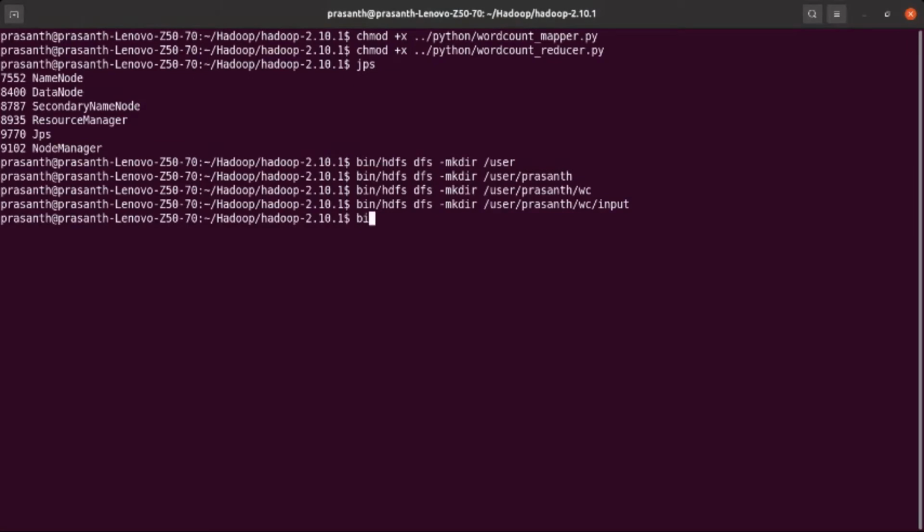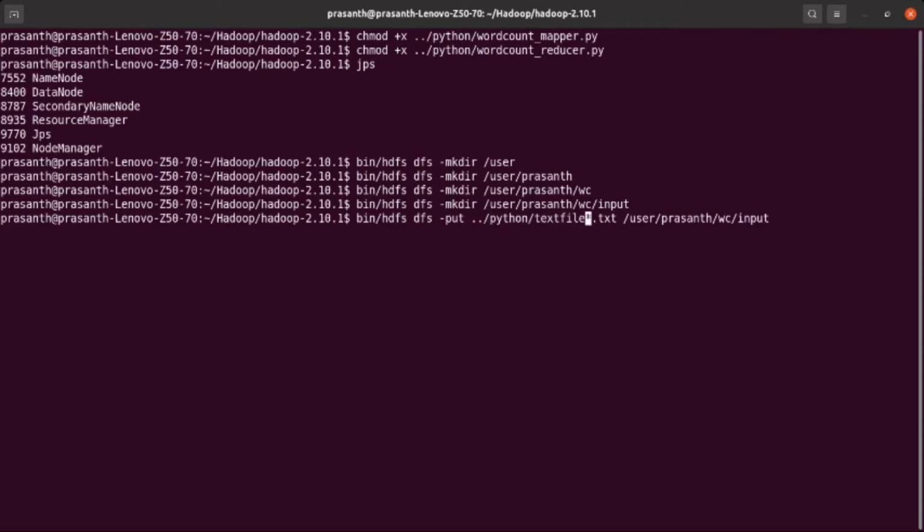The command is bin/hdfs dfs -put, and before the destination /user/prashant/wc/input, we need to specify the source. Our source is /python/text file. I want to transfer two text files at a time, so I have mentioned the two text files which are in the Python folder.